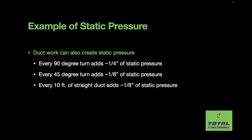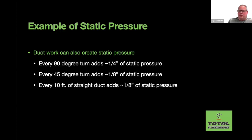And even straight duct adds static pressure. So every 10 feet of straight ducting adds, these are all about, an eighth of an inch of static pressure. Each diameter of duct, the smaller it is, the more that effect, the larger it is, the less this effect, just so you know. But I'm giving you in generality how I kind of calculate static pressure when we're doing this. Now, our spray booth engineers are going to see your path of exhaust, and they're going to compensate by